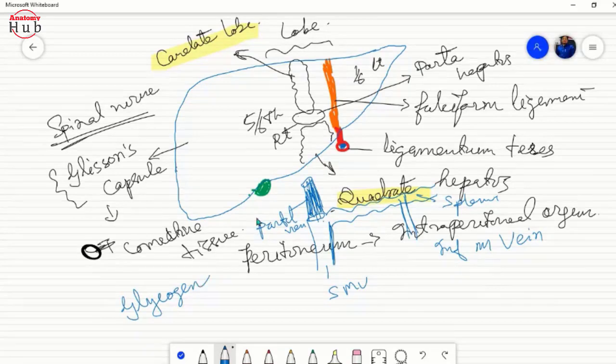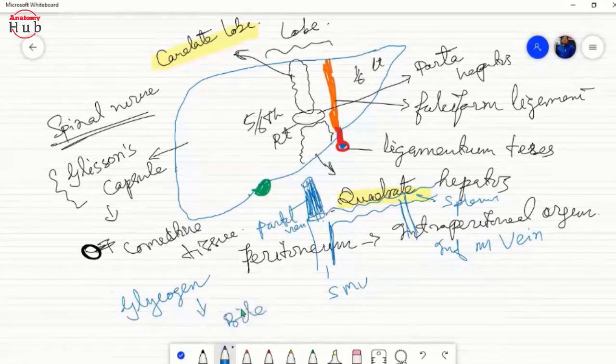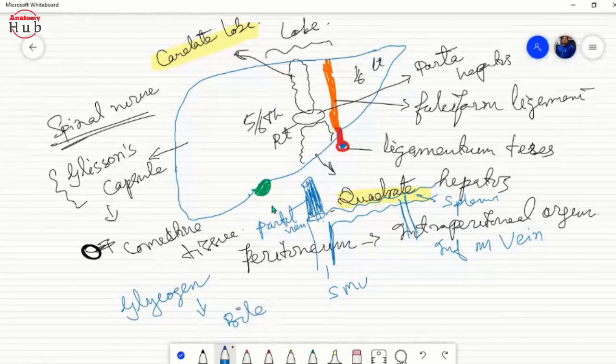Liver is the storehouse of glycogen, and it produces the bile, right? And again, this bile also helps in digestion. Clear? Now we'll see that this